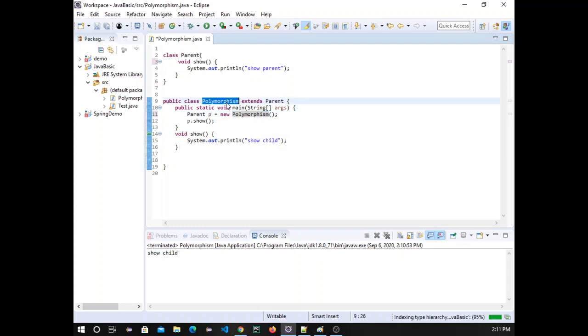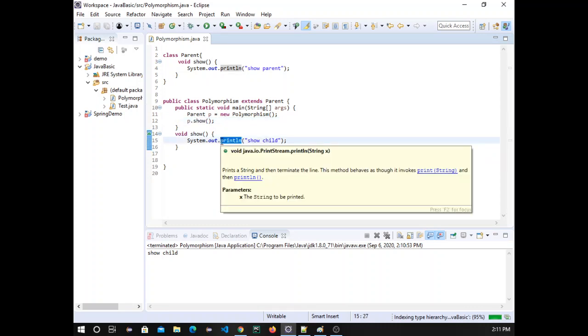So we are creating the object of this class and storing it inside this one, and now I'm calling this show function. Don't confuse function and method, because in C it's called a method and in Java it's called a function. Both are the same.